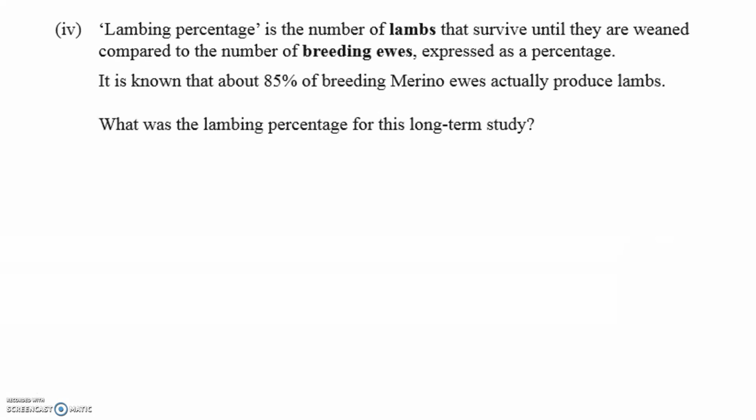Right, this is also an excellence one, and this is looking at the lambing percentage. So here, we're told that we've got this idea of a breeding ewe, which is a ewe who's been prepared to have baby lambs, and about 85% of breeding merino ewes actually produce lambs. So the lambing percentage is the number of lambs that survive until weaning compared to that number of breeding ewes. So we're going to use the same idea here, but I'm not even going to do a table. So we're going to start with 1,000 ewes, right? So 850 of them will produce lambs,